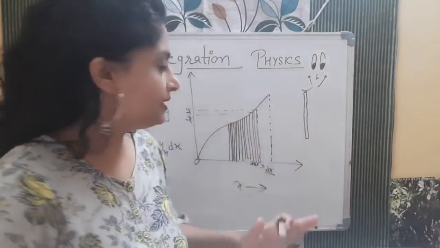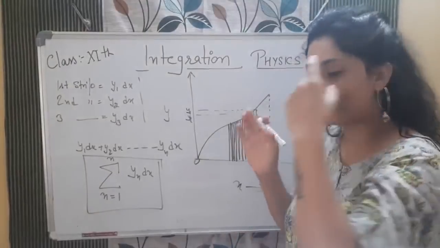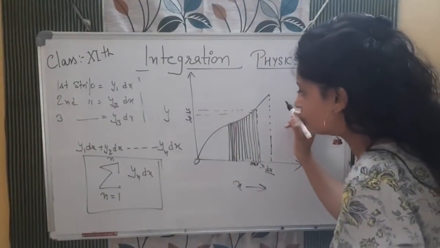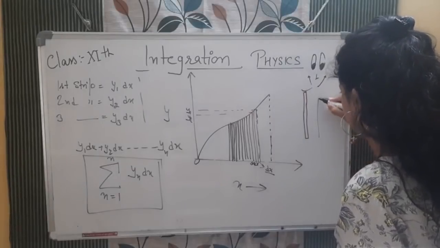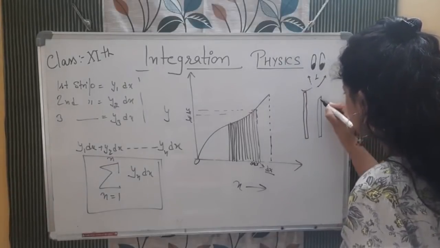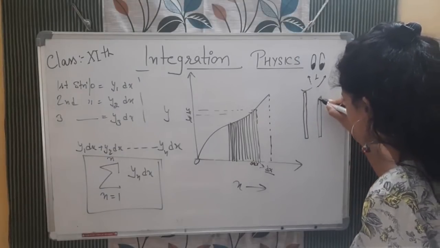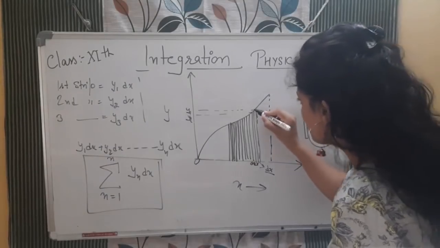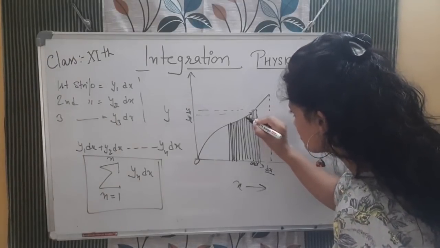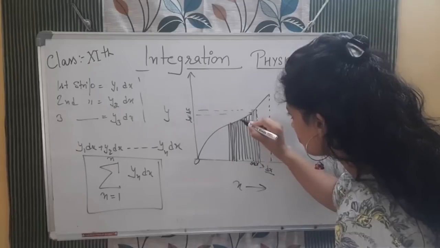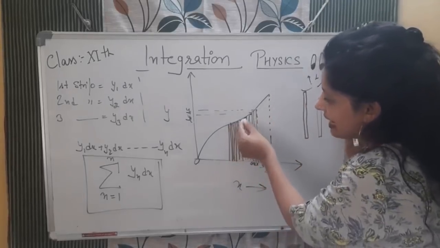But what is happening here, you need to concentrate and check that when you are making fine strips, even after that, when you take, see, it is like this, bacha, the strip is like this, and when you consider it a rectangle, this part is behaving like a rectangle. This upper area will be left, a small area will be left here, then a small area here, then again a very small area here, then here, then here, like this. So how will you cover that small area?